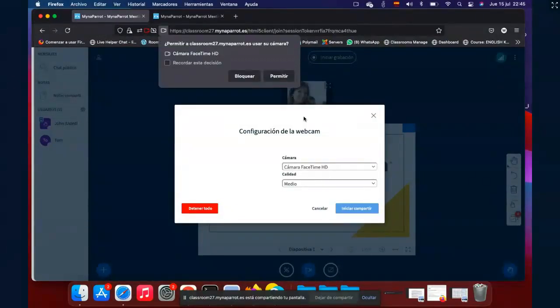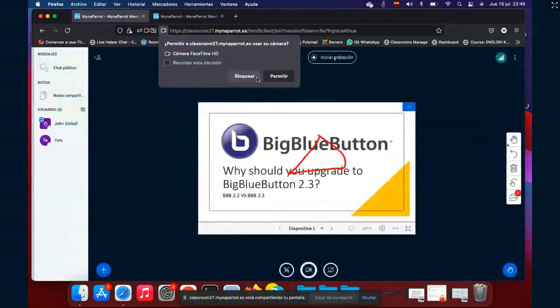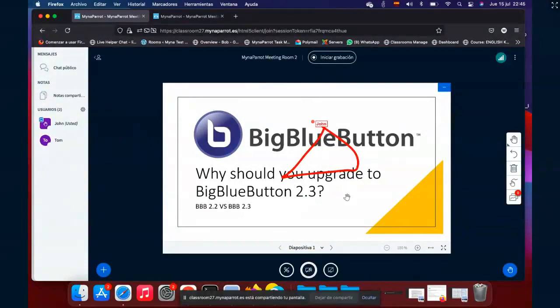You can change the source from here, and also you can turn it off from here. Okay, this is another feature I want to share with you for the new features of BigBlueButton 2.3.